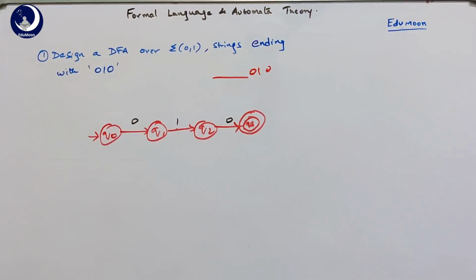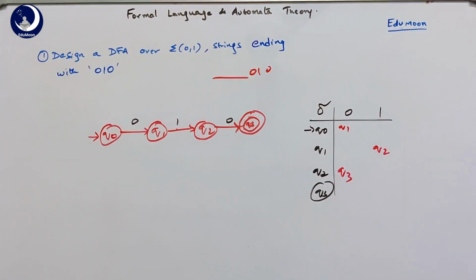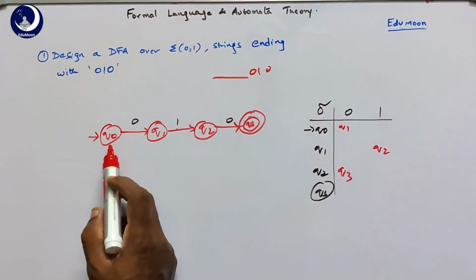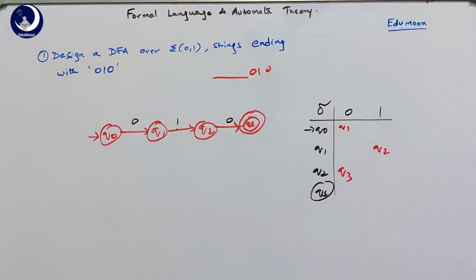So here, when the case is ending with, we try to fill the remaining possibilities of q0 on 1, q1 on 0 and the rest. So we'll check what is q0 on 0, whether it goes forward, I mean the next state, or the same state. We'll be checking that.